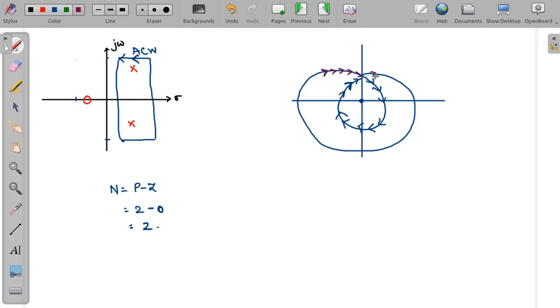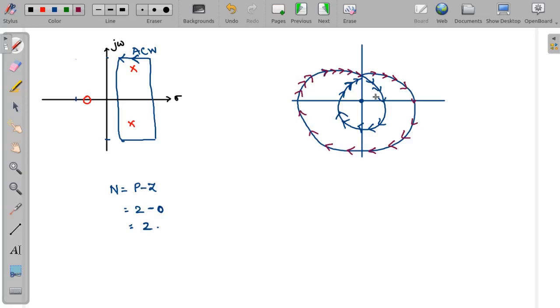This is actually stated in the principle of argument. If you mathematically do this, you will get the same thing. Now you might have understood that whenever we have such a thing, we get the origin encircled as many times as the number of poles and zeros we have. If it is pole dominant, then your direction will be opposite to that of your S plane, and if it is zero dominant, your direction will be the same as the S plane.